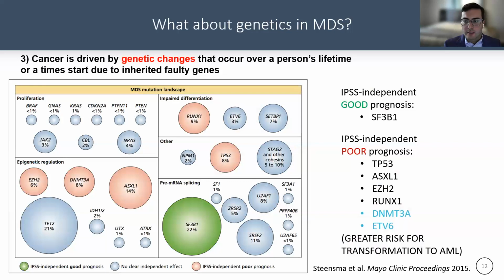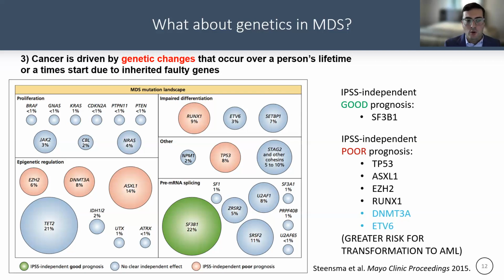So what about the genetics of MDS? Like all cancers, and particularly MDS, where we're learning a lot about genetics, it is related to genetic changes, most of which occur over time. When you look at this figure, it shows some of the more common mutations. The most common are the largest circles, and the less common mutations are the smaller circles. Mutations like SF3B1, TET2, ASXL1, TP53 are our more common mutations that we see that drive this disorder. And mutations are extremely important in MDS, as well as a lot of other cancers, because they